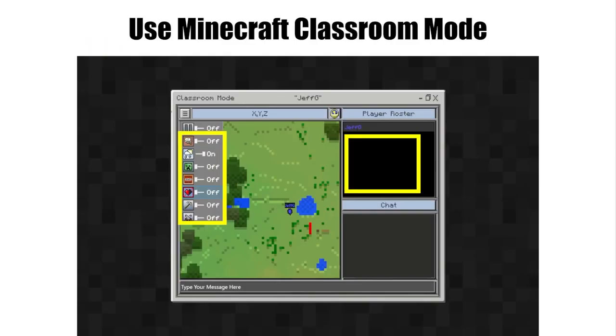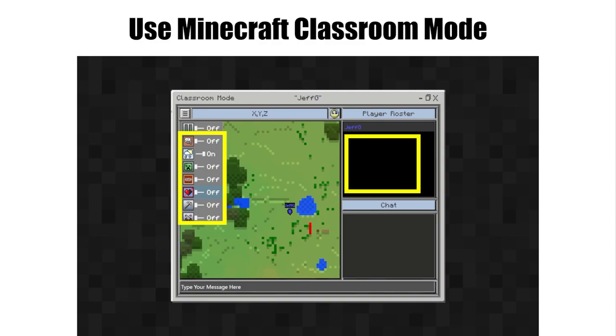Okay, one of the other things you can do is download this thing called Classroom Mode. It's a supplementary software that Microsoft/Minecraft have put out. It's kind of documented. It's not easy to find. I don't know why they don't publicize it more, but it's a pretty solid piece of software because it introduces a couple of things that are already available in Java Minecraft, but are not available in Education or Bedrock by default. So what you do is the teacher creates a world and they share that world with their whole classroom,